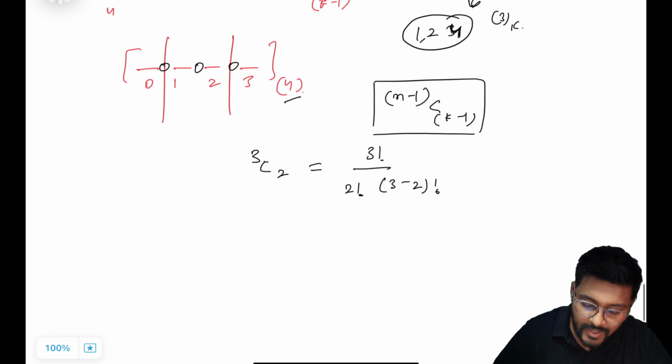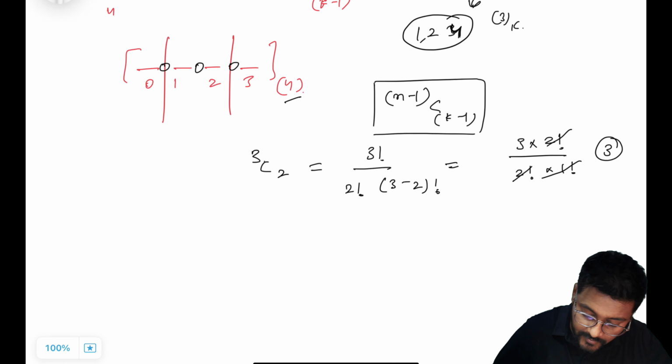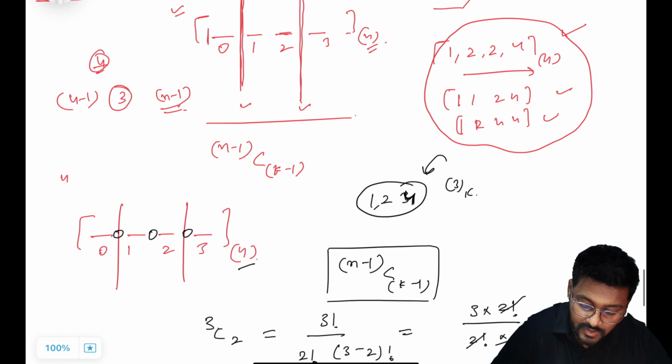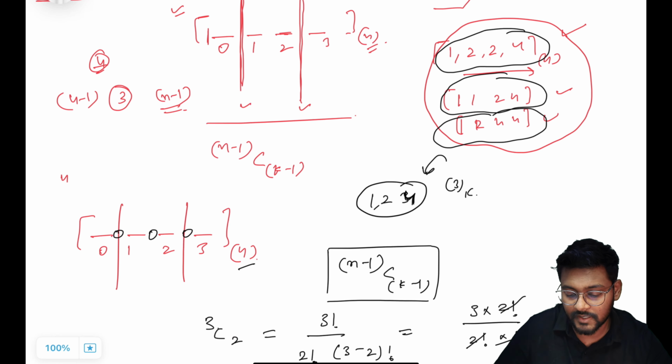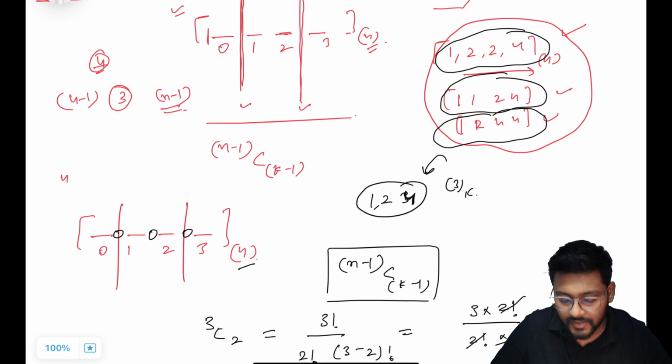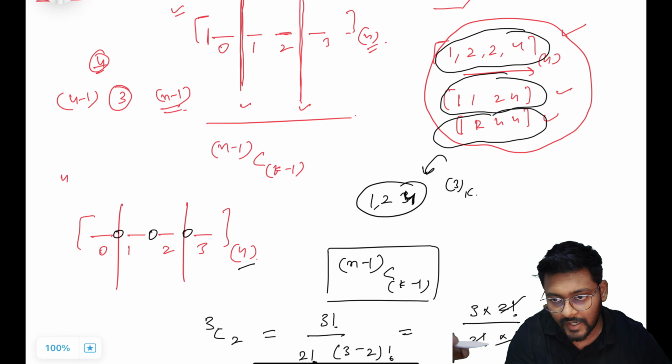And this is the formula of nCr. If I just try to solve it, 3 factorial is equal to 3 into 2 factorial divided by 2 factorial into 1 factorial. It is 3. And what are the cases I used here is 1, 2, 2, 4, 1, 1, 2, 4, 1, 2, 4, 4. 3 cases I can generate where I'm going to use 3 different values and the array size is